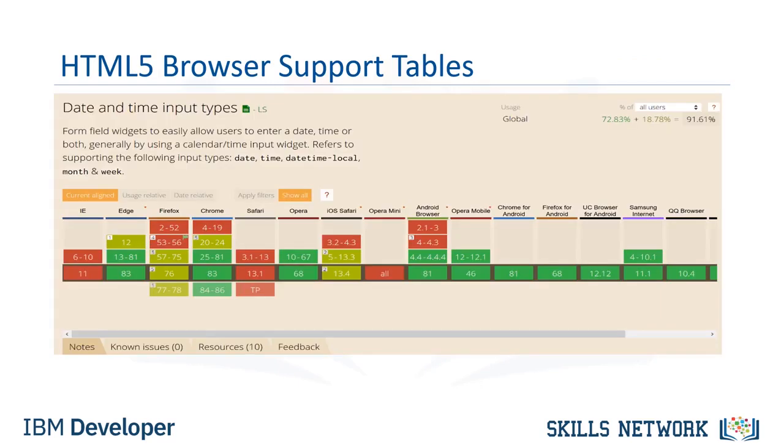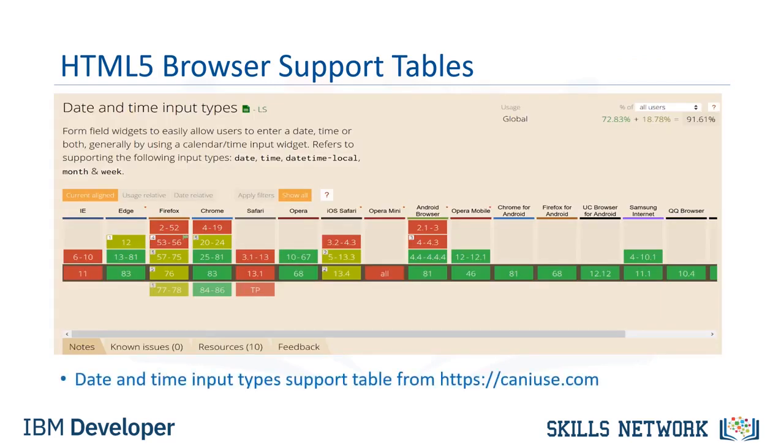This example shows a support table for the input type equals date element. The numbers represent the browser version. The color determines the level of support. Green, full support. Olive, partial support. Red, no support. Edge, Chrome, and Opera browsers are green, meaning they support the input type equals date element. Internet Explorer and Safari browsers are red, meaning they do not support the input type equals date element. Support levels change as developers of browsers add new features, so check back frequently to see if the features you